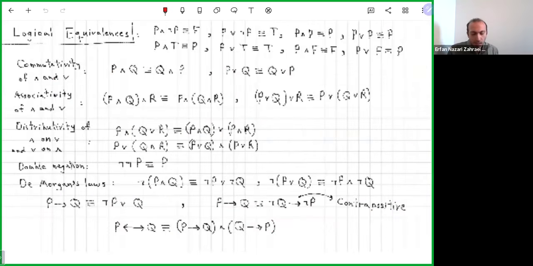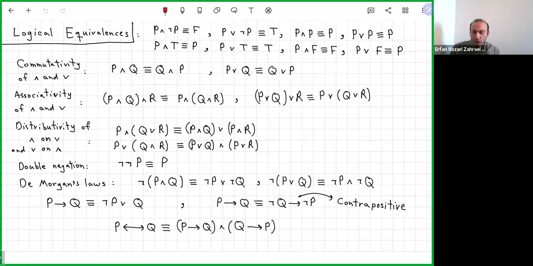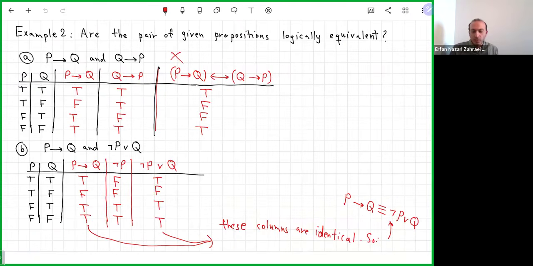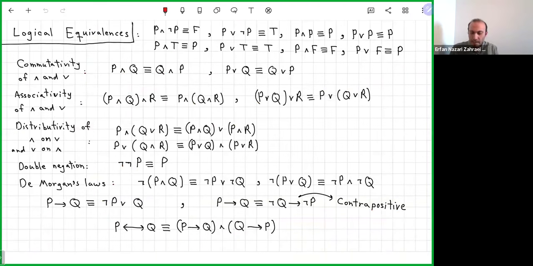So now let's look at a bunch of logical equivalences that you need to understand, memorize, or mostly understand, and then you can use them without referring to the truth table. If you want to prove any of them, you can do a truth table and prove it. Then you have this equivalence, you proved it once, and then you use it again and again. Some of them are very straightforward. You can even get them mentally.